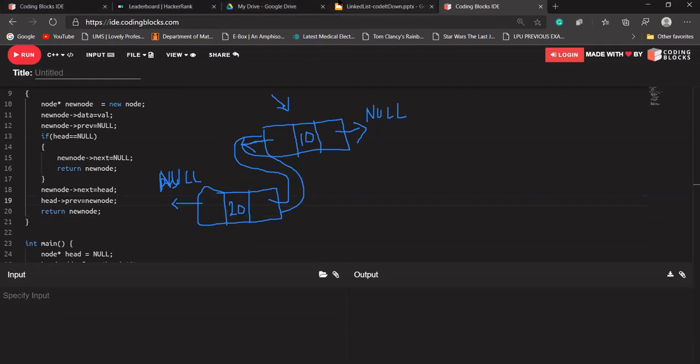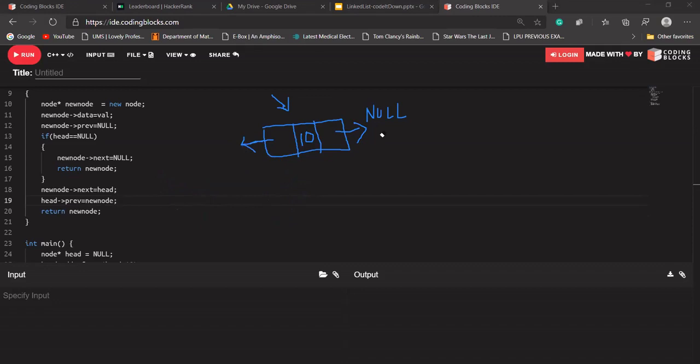Suppose, just give me one minute. Suppose 10 is being added and head is pointing to 10. Let's try to understand from the beginning itself. When the next time add at front will be called, it will create a new node from here, and its data part 20 will be stored.